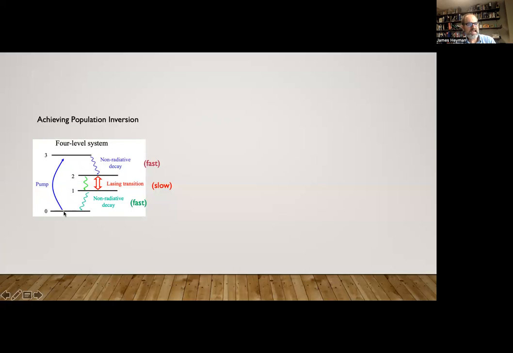So one type of atom might give us a four-level system, where we can excite atoms from the lowest state to an upper state by absorbing light or some other way. But in some way, we can populate this upper state. It's very difficult to get a population inversion between state 0 and state 3 here, but we don't need to do that. Instead, once the atoms enter state 3,